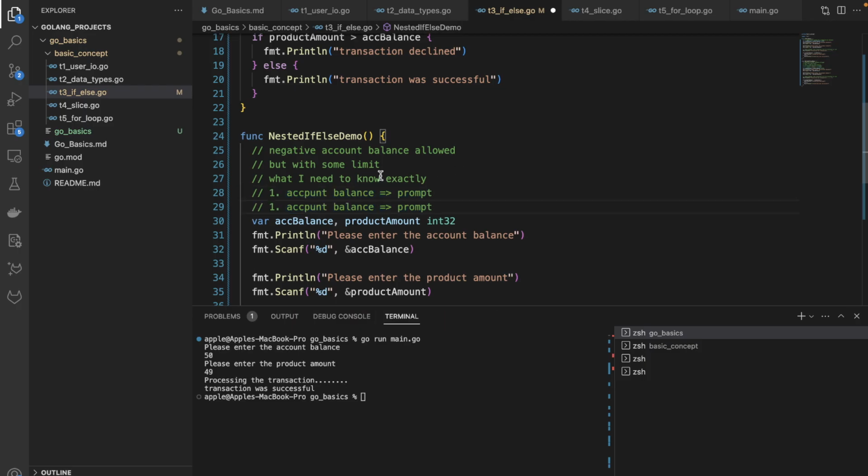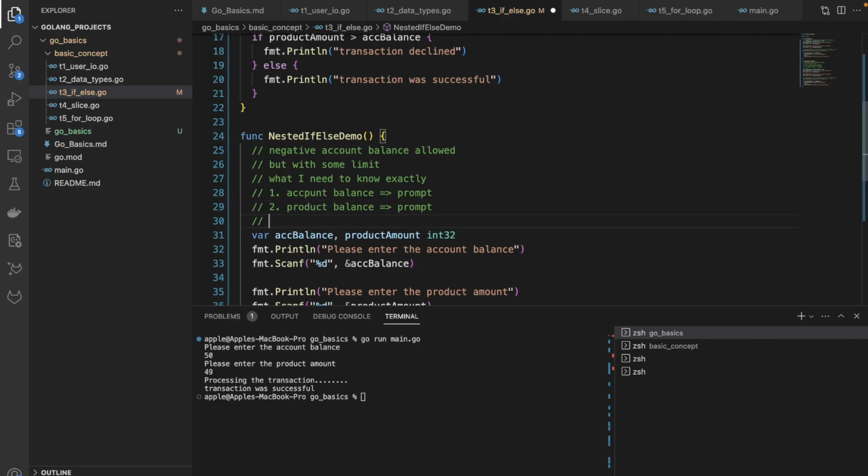Actually all the inputs are going to come from the prompt, and product, and let's say the user can also add whether negative account balance is allowed or not. Let's say I'm gonna call yes or no. Actually it will also come from a prompt,